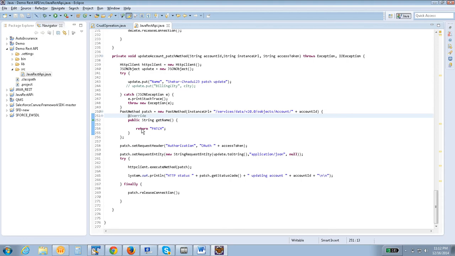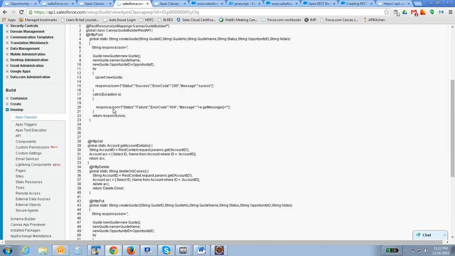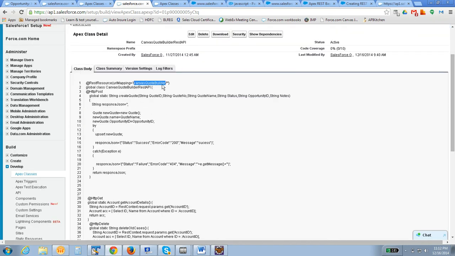Post is basically used only when creating a record, get for retrieving a record, delete for deleting, put for both update and create, and patch for update. Most people will go for post, get and put, only three. I didn't see any delete method as of now. You can write your own logic over here.